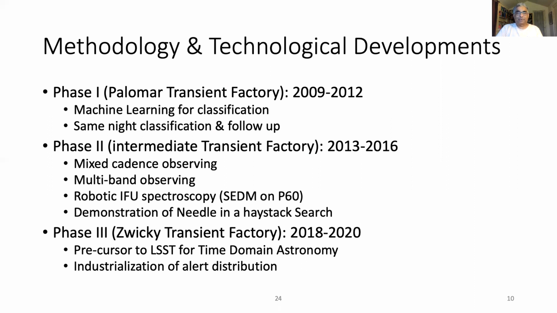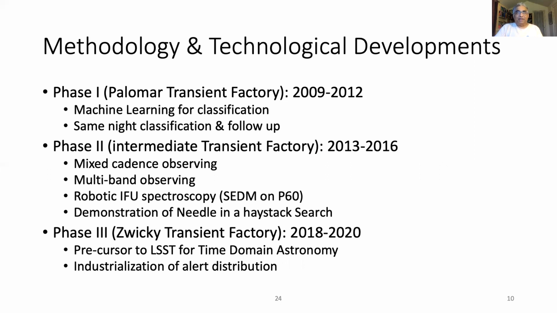Okay, after image subtraction, there's a lot of junk you create, and a human can say that's a good subtraction. But we use machine learning led by Josh Bloom, who's now professor at Berkeley, and he'll come back again at the end of this talk. We also understood how to decrease the latency, that is between getting the imaging data and characterizing the event. And we were able, towards the end of PTF, to actually find a supernova and, within the same night, follow up with spectroscopy, and it led to a bunch of Nature papers, which is a big thing in our field.